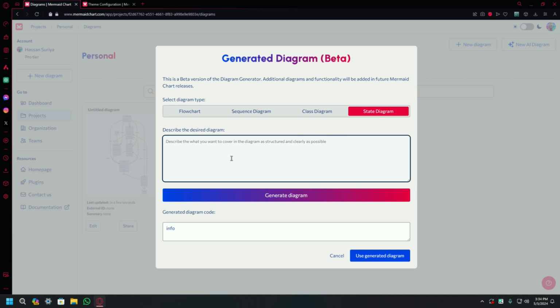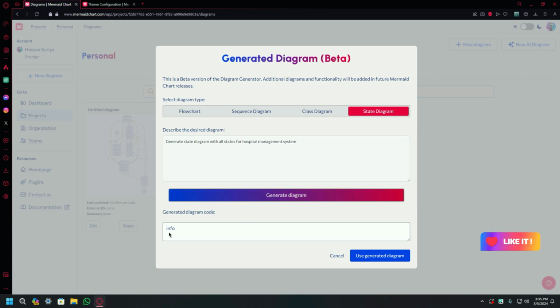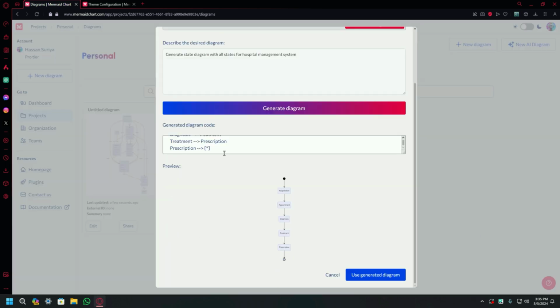So as I said before, your prompt should be specific and clear so that it can generate a perfect diagram. I'm going to just type a simple prompt for now, but obviously you can learn about prompt engineering from further tutorials. So I'm going to type generate state diagram with all states for hospital management system and click on generate, and there will be your code and diagram.